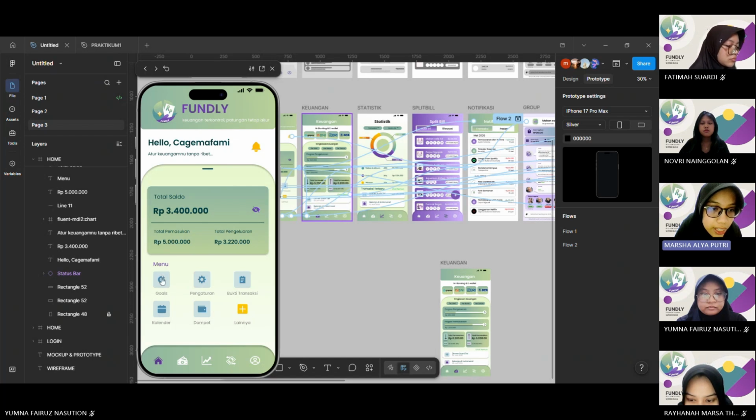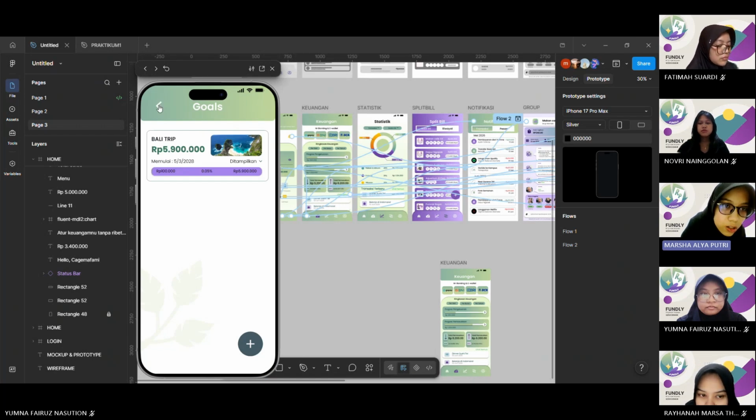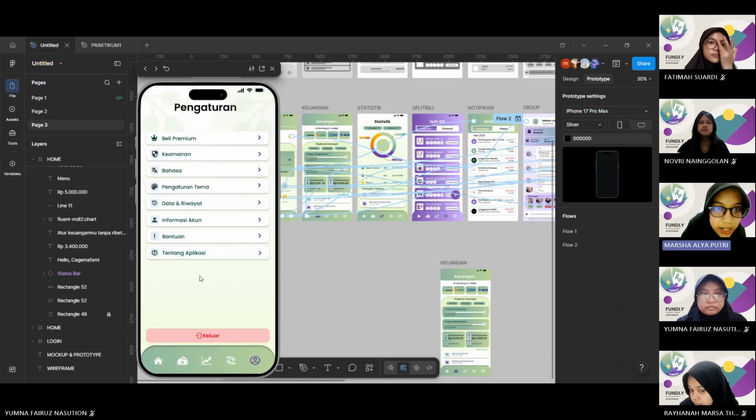And if we click the goals, the page moves to the goals page like this. And if we go back to the home page,